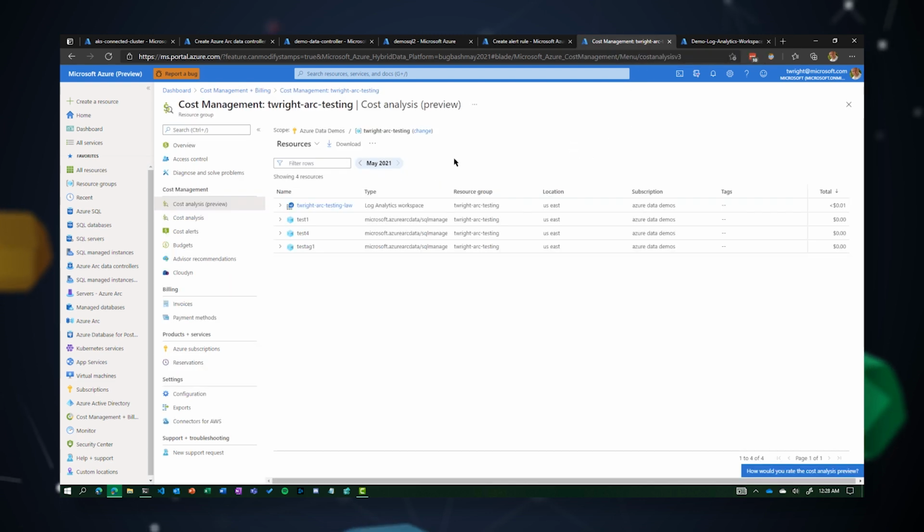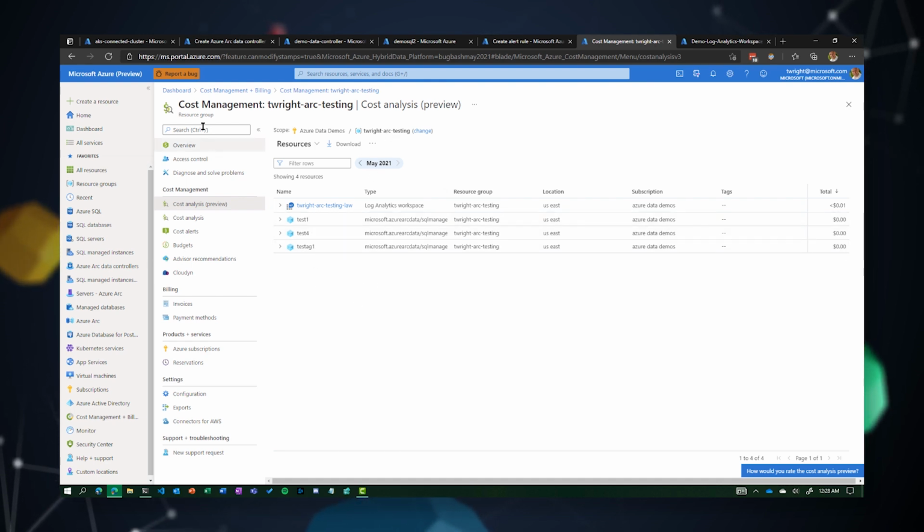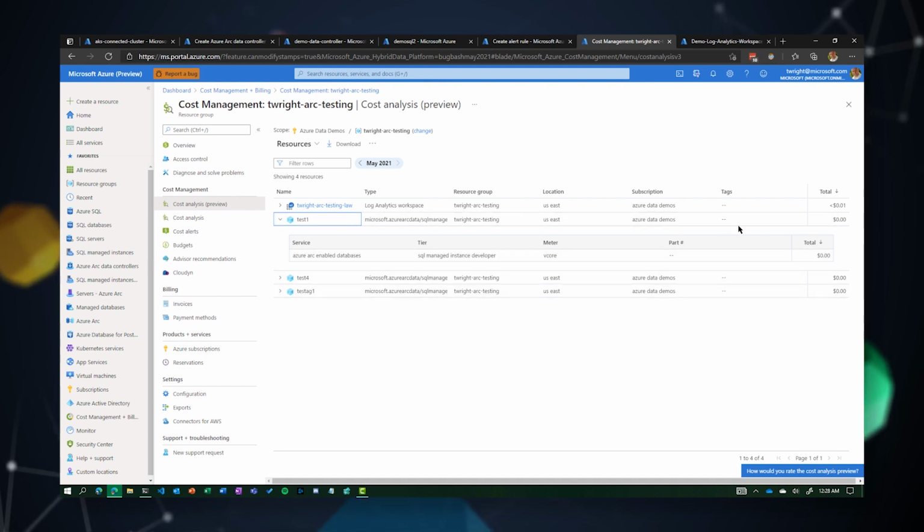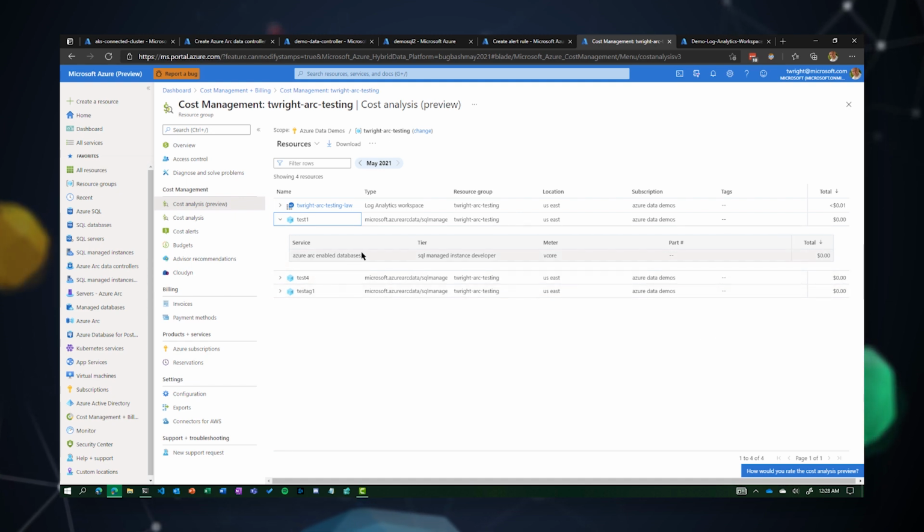This is an example of a resource group that I use for testing purposes on a regular basis. I have some test instances in here. Inside of Azure Cost Management, I can see which instances I have, what their total cost is, and so on. Right now, since this is still in preview, of course, the cost is $0, but over time, as this goes into general availability and we turn on those billing meters, we'll start to see the actual cost for those SQL managed instances that are deployed through Azure Arc,